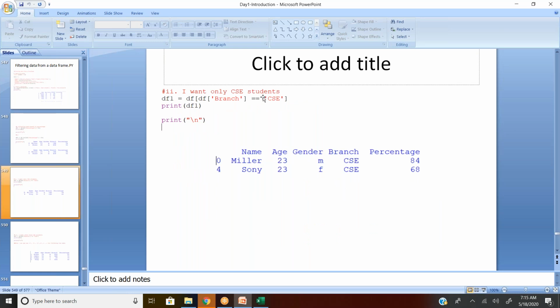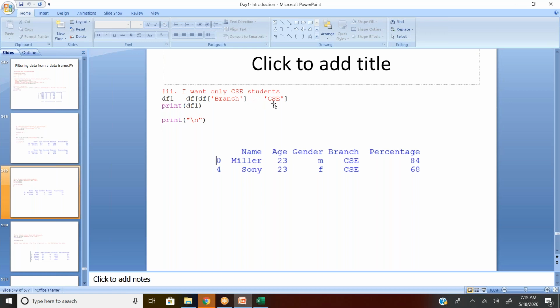I want only the CSE students. So df is nothing but the full database; in square brackets, df of branch. Branch is nothing but CSE or MSc or whatever it may be, EEE or something. So df in square brackets branch, double equal. It's not a single equal, it's a double equal. Double equal is for comparison, single equal is for assignment.